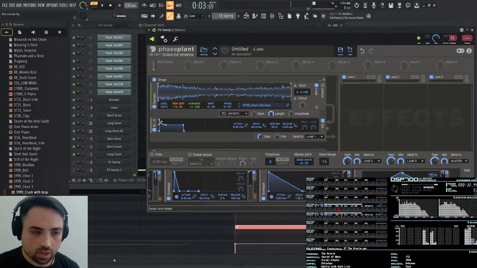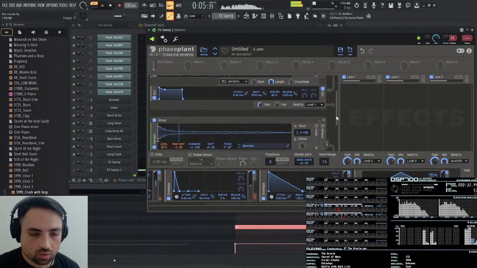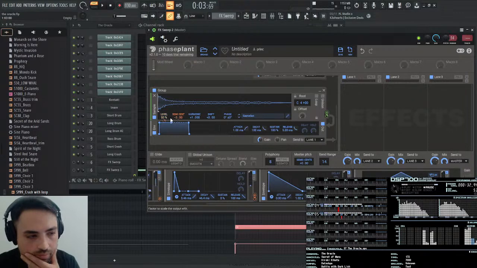So maybe I can modulate the volume of the crash. And the gamelan bell,